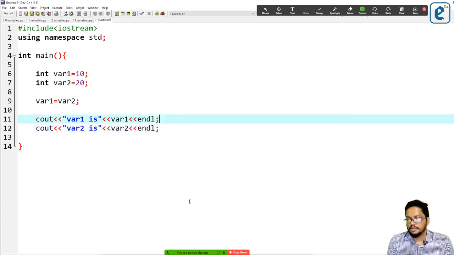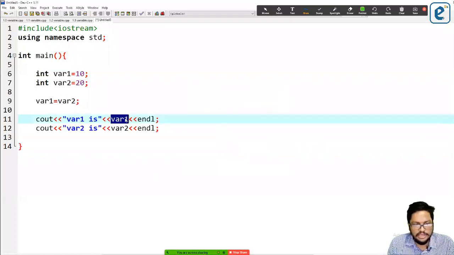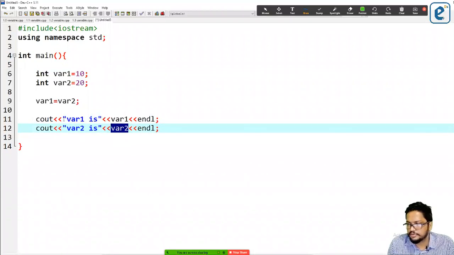Okay, so can you tell me, when I'm going to print this, what will be variable 1 and what will be variable 2? A simple question. Now I'm printing variable 1 and variable 2 using the cout command.